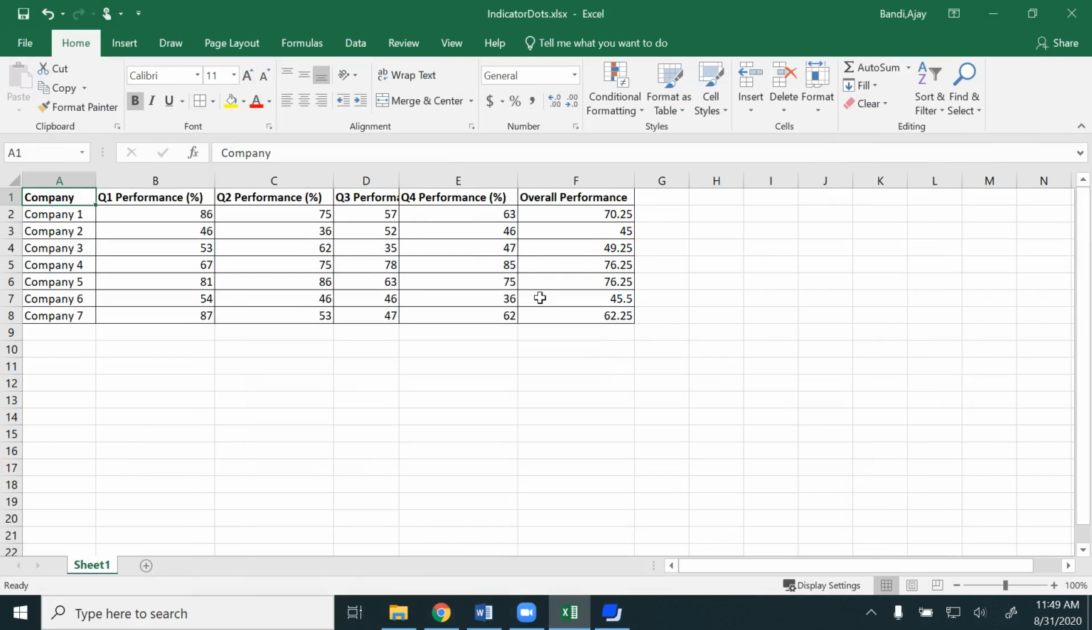Hello all, in this video we are going to see indicator dots chart. This helps us to show the relative performance. Usually we have a benchmark, a kind of standard that we want to compare how individuals perform with that benchmark. So here in this data we have different companies and their